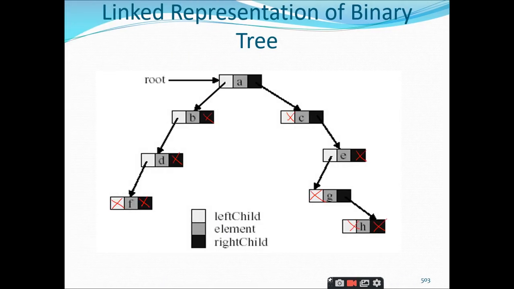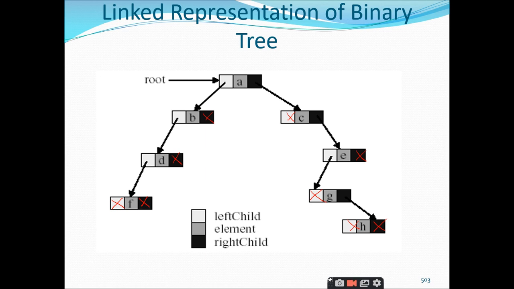Clear, sir. Right. So that completes the concept related to representation of binary trees. The summary of this particular topic is, we are going to represent the binary trees in two forms. The first one is the array representation, where you will be using the arrays concept to represent the binary trees, and the second one is the linked list representation, where you are going to use the linked list concepts, right? So in the array representation, we are going to use the concept of node numbering. The node numbers represent the corresponding index number of the array. So whatever node number we have for the node, you are going to store it inside the corresponding index of the array.